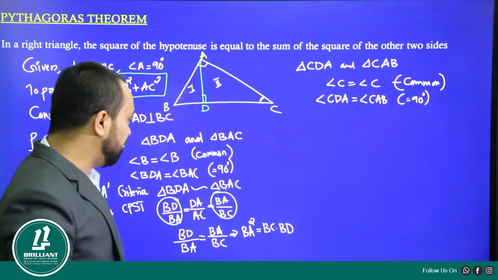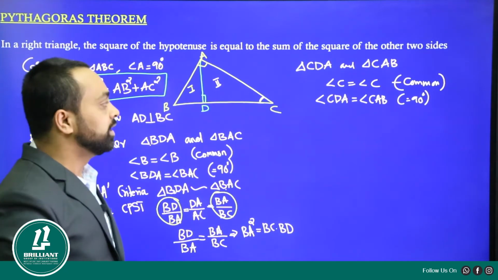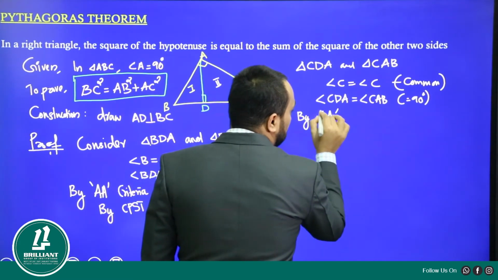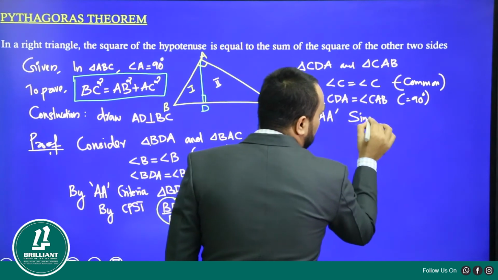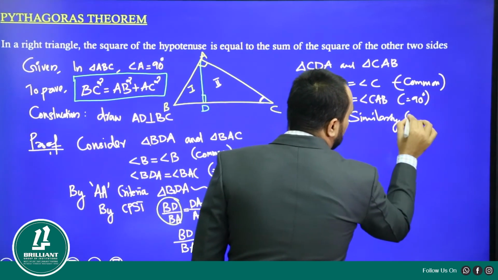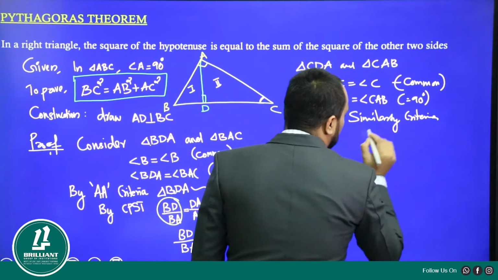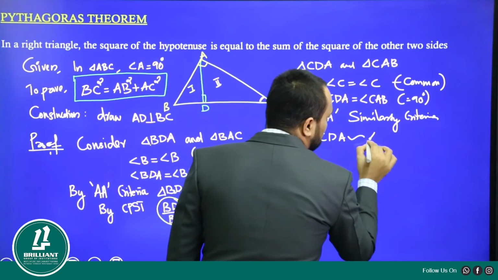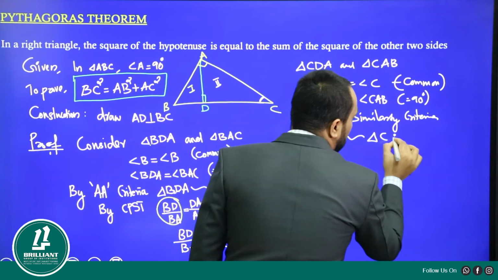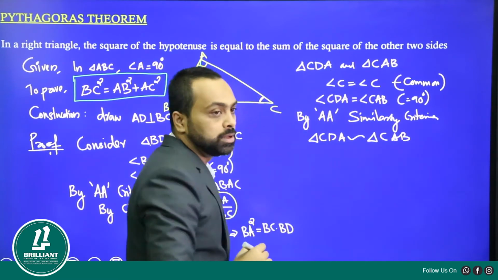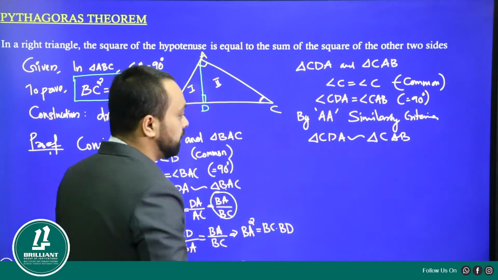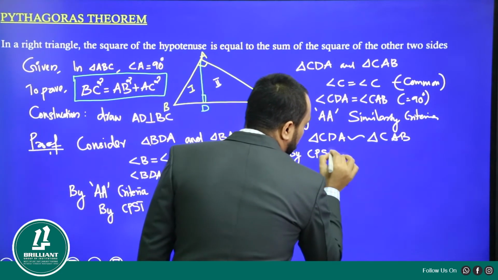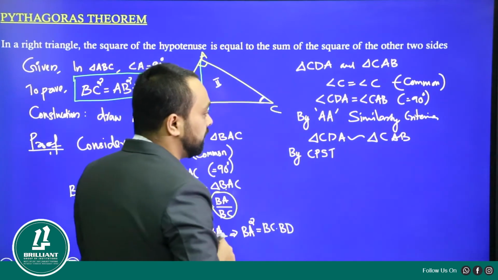Therefore, by the similarity criteria we proved in the previous part, similarly we can say that by AA similarity criteria, triangle CDA is similar to triangle CAB. These two triangles are similar. So the same way we can say by CPST, corresponding parts of similar triangles, we can say that